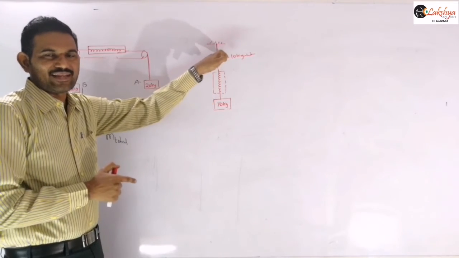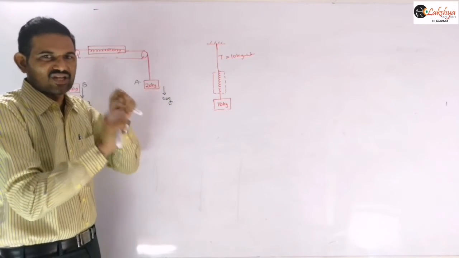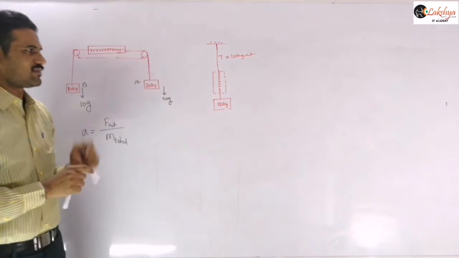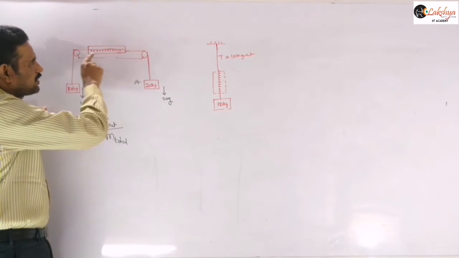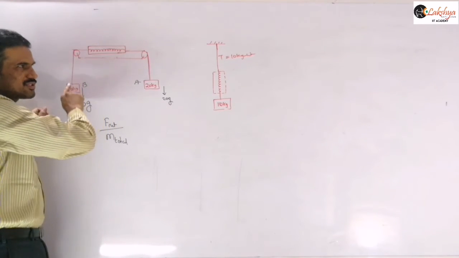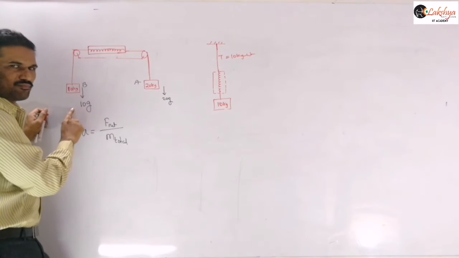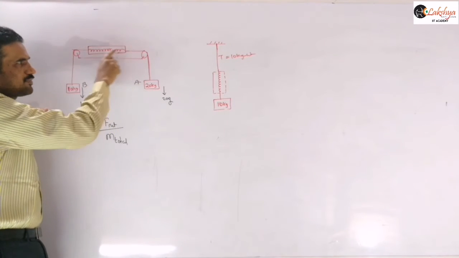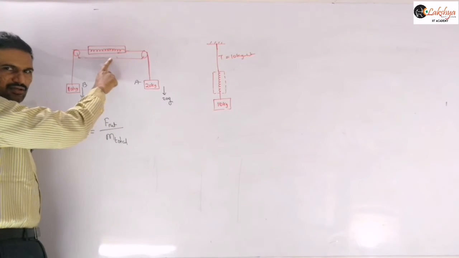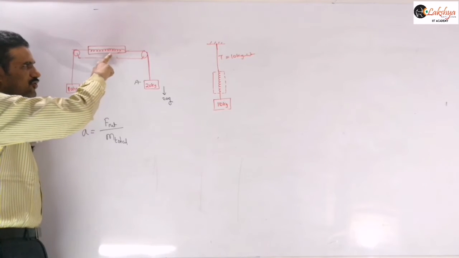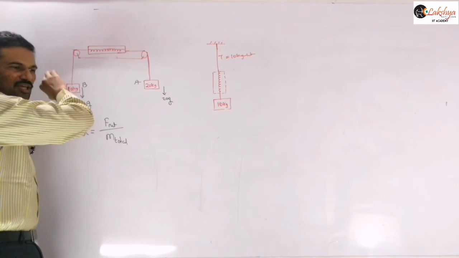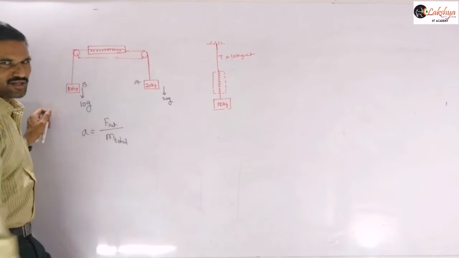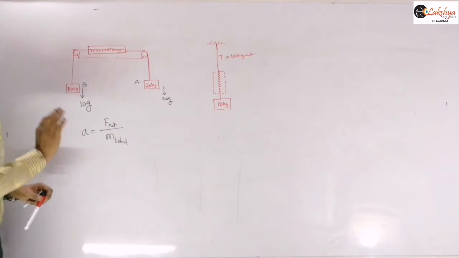That will be equal to the tension in the string when the spring and the string are connected in series like this. So here similarly, now this string and this string are connected through the spring. That means it is a single system now. These two are connected by a spring here, right? So whatever the spring force is developing here, the same tension will be there on this side and the same tension on this side. If you know that point, you can solve the remaining problem easily. So now, is it clear?